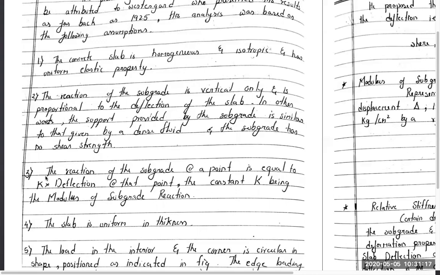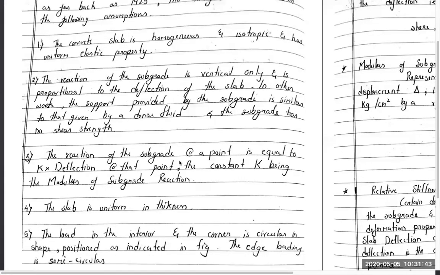We conduct plate load test to find out the strength of the subgrade soil. In case of flexible pavement, we go for the CBR test. Same like that, for rigid pavement, we require this K value for the analysis. So K is the modulus of subgrade reaction which we get from the plate load test. The reaction of subgrade at a point is equal to K and directly proportional to the deflection at that